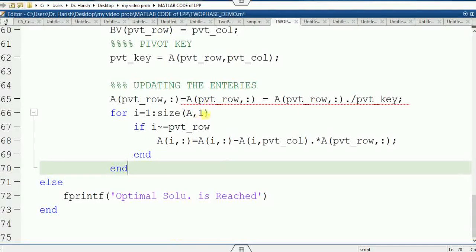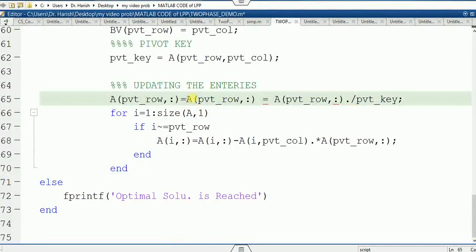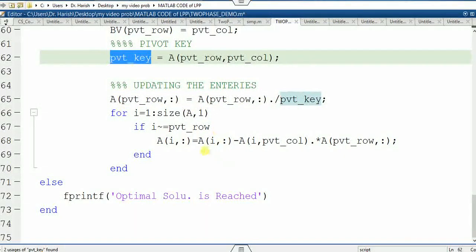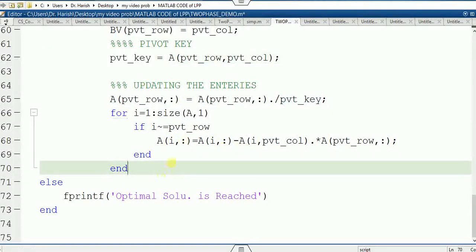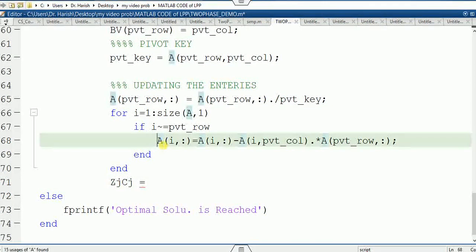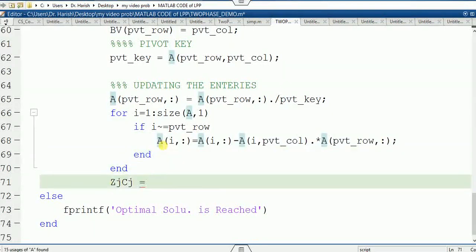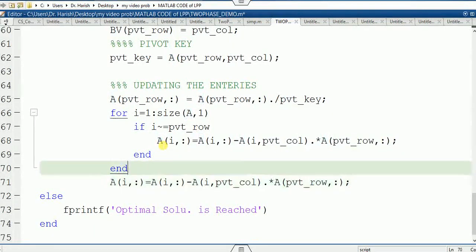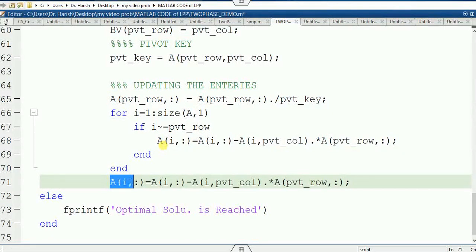Look at that, the meaning is, you have to divide the complete pivot row by the pivot key. The pivot key is this element, and then you have to update these entries with the help of this. Now the only thing is, you have to update the ZJ minus CJ row also. The same rule applies to the ZJ minus CJ row, just replace capital A with the ZJ minus CJ row.